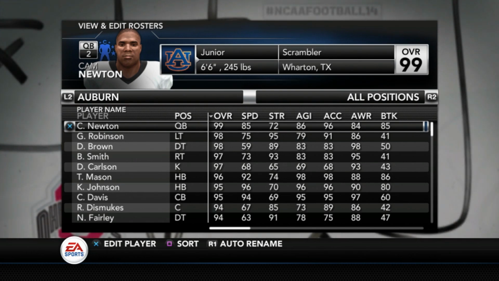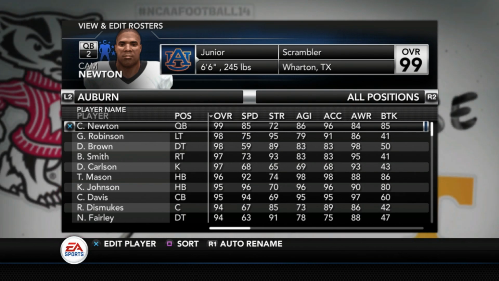And the way this works, we have created these rosters to go into dynasty mode. So you're going to have the years staggered, and you'll see what I'm talking about in just a second. It's where you can go and play with multiple players from the last decade, not just the starter. You don't just have a starting lineup here. You have a full, in-depth roster that you can go through if you want to play in a dynasty mode